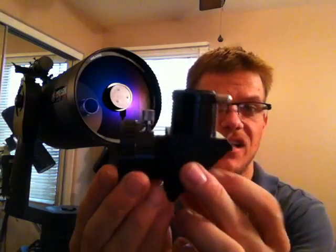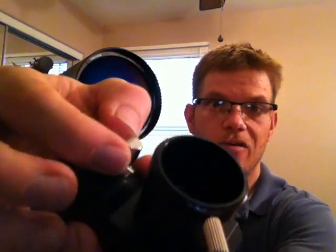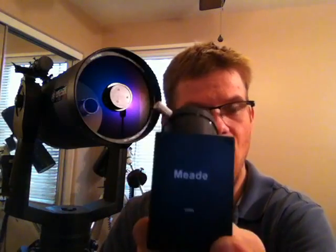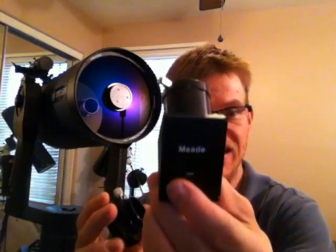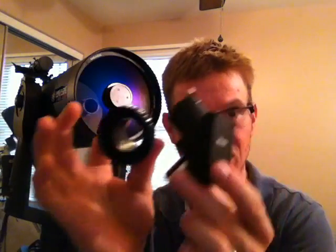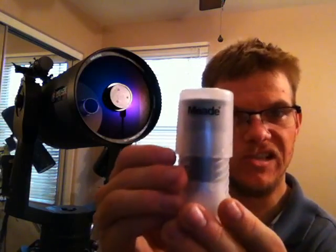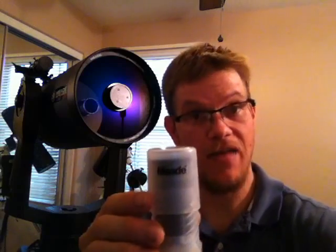So this little guy goes in just like that. There's your tightener right there. This is the Meade standard 1.25-inch star diagonal that Meade ships free with the telescope. This and the adapter are included in the telescope box, so Meade really starts you off right there. Along with your telescope box, with the adapter and the 1.25-inch prism, you get one of Meade's